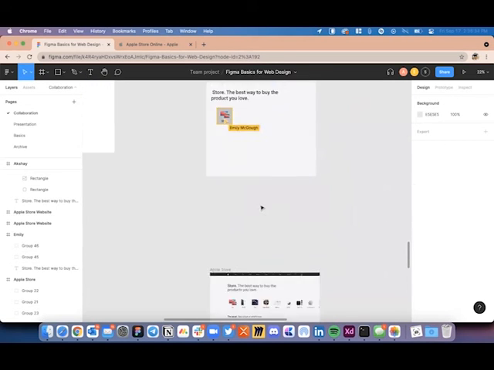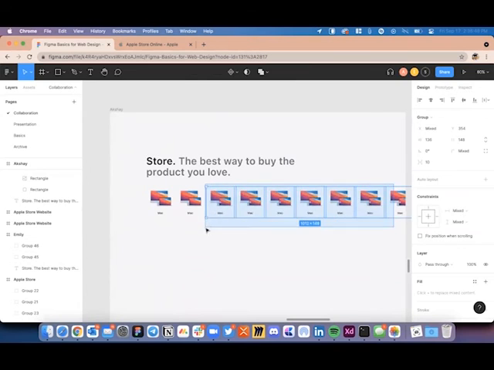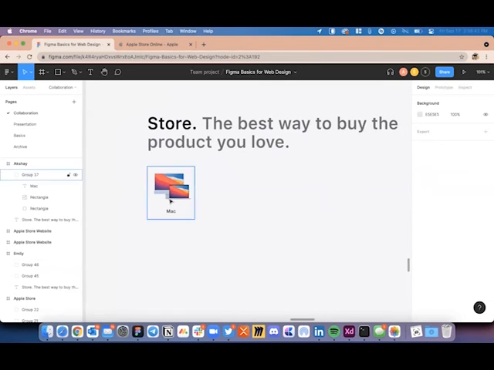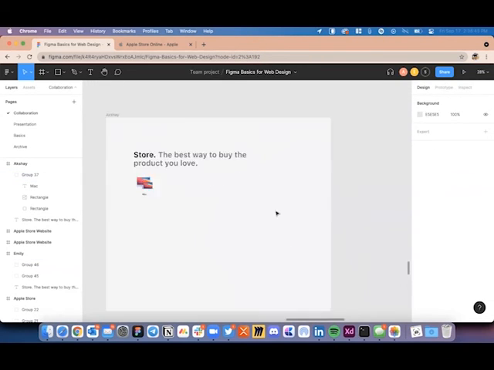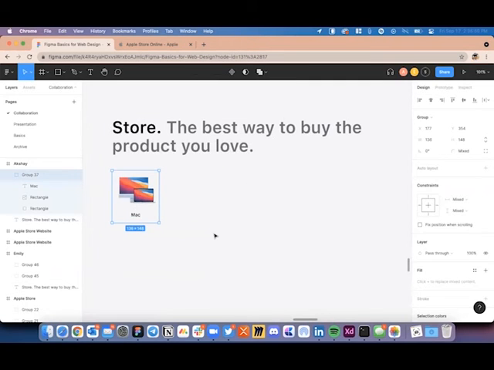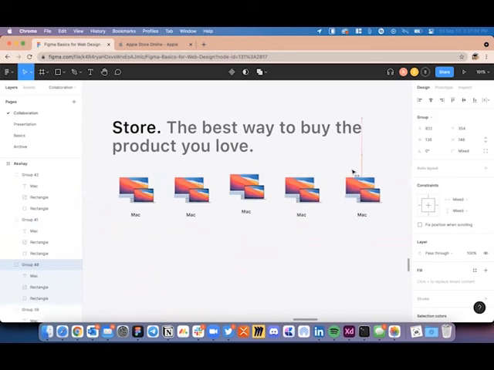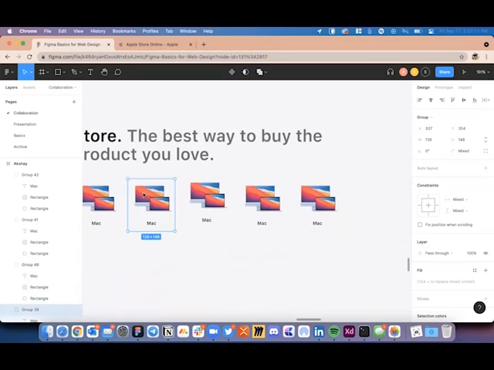So alternatively, if this interaction was slightly complicated for you and you are not able to figure it out, I would recommend you to delete everything that is on your frame except for the first group that you created. Just select it, Control C, Control V. It will paste it on top of the same group, and then just drag and drop it. Keep doing Control C, Control V, drag and drop it. So that's how you will create a duplicate of it.